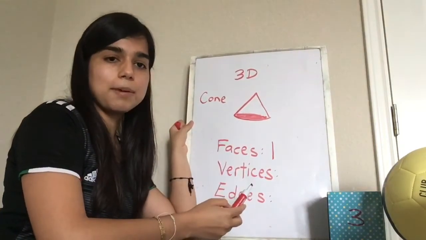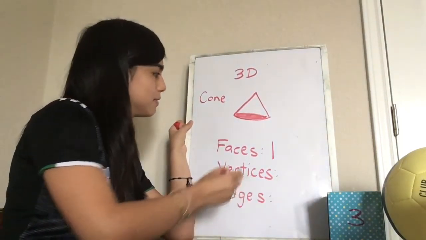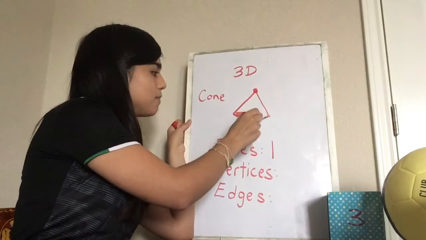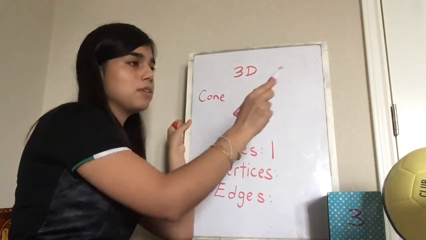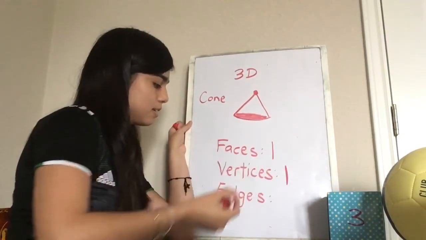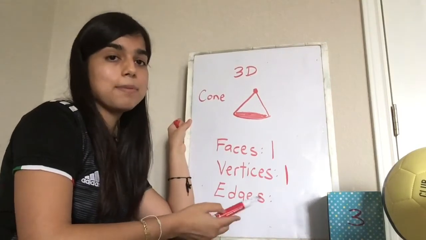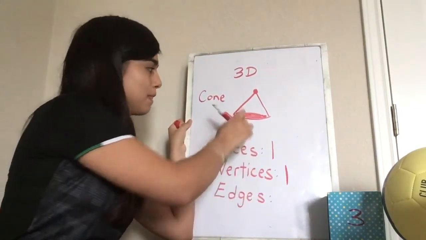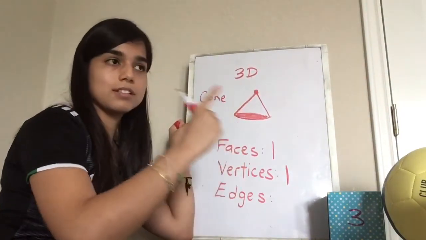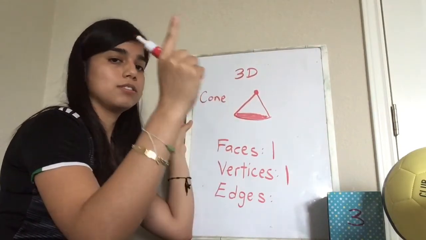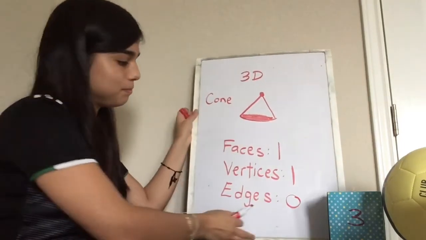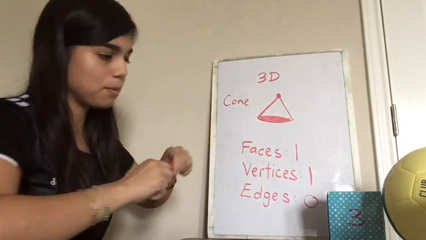How many vertices? How many corners are where the lines meet? Right here. It has one vertex. These are not vertices because if you think of a cone, it goes around. It's not a corner. Okay, so it only has one vertex. And how many edges? Remember, edges have to be straight. Right here, they look straight because it's drawn. But if you look at a real cone, it is curved around. So there is no edges. 0 edges. Okay? Alright, so now that we practiced a couple of shapes,